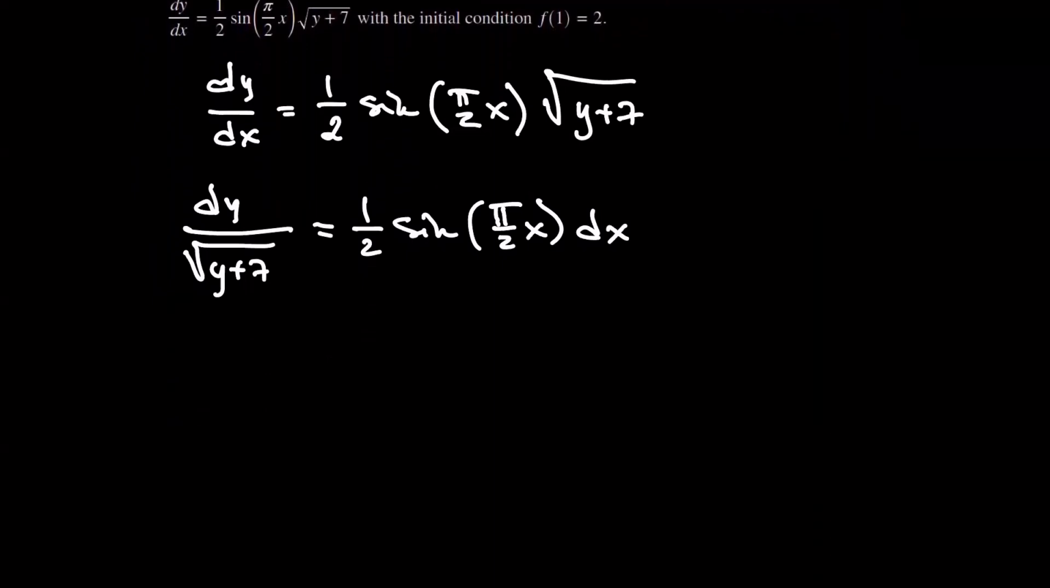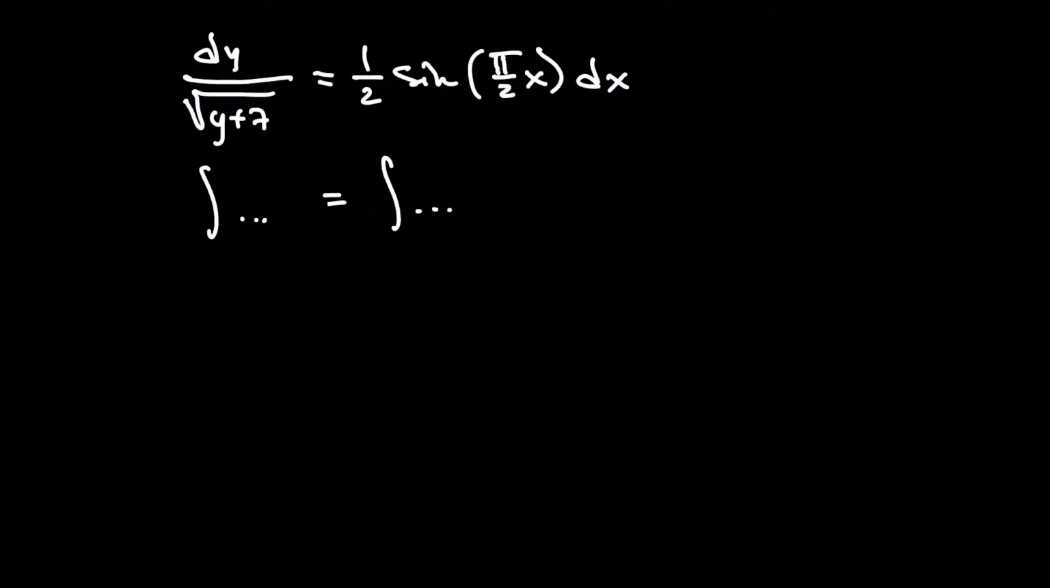Integrating both sides, we integrate this expression equals the integral of the right-hand side expression. For the left-hand side, we can do the u substitution y plus 7 and see that the integral will be equal to 2 square root of y plus 7. So if you differentiate 2 times square root of y plus 7, you will see that it will give you 1 over square root of y plus 7. This is equal to, and the integral from the right-hand side will be